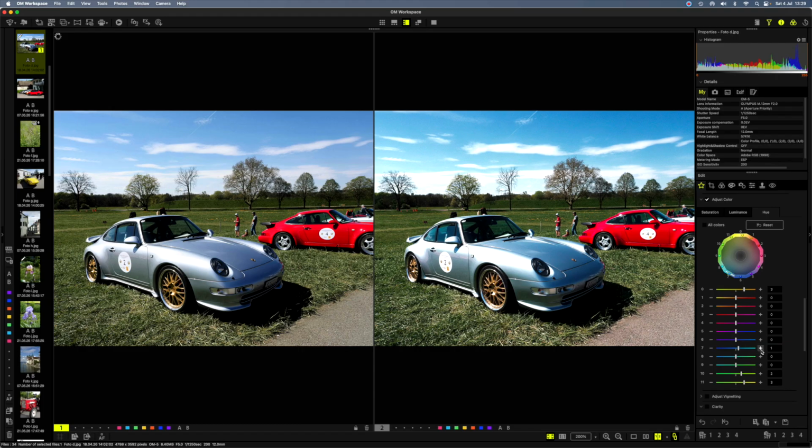So let's do that. See what happens. Not yet. 7. Let's go to the saturation, and we desaturate blue a little, take out the blue dominance and add more cyan. One more.